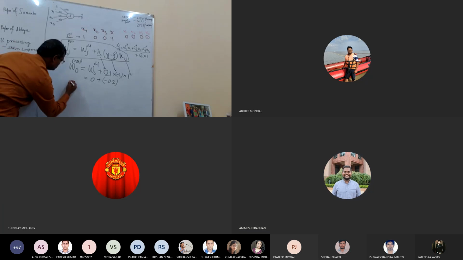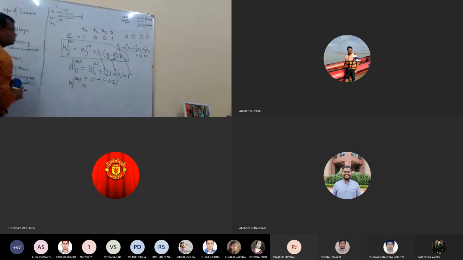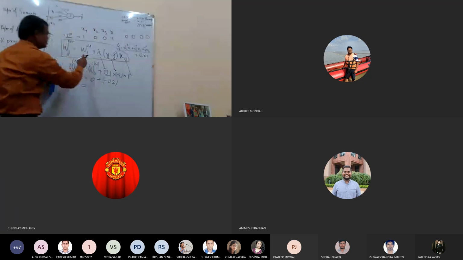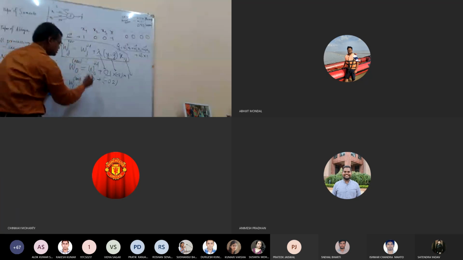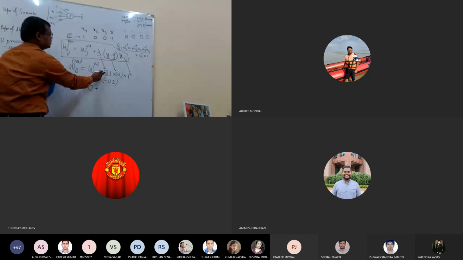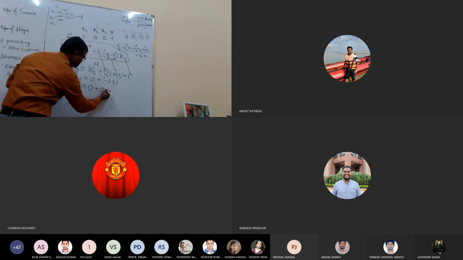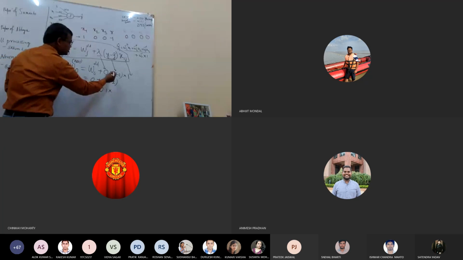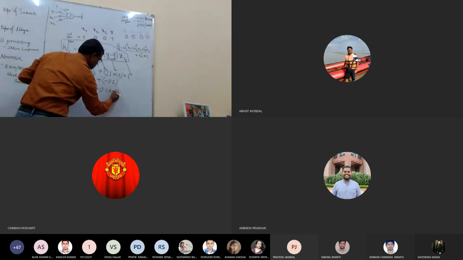So what will be the value of W1 new? What is the old value? Old value of W1 is 0. So you put 0 here. Then lambda is 0.1. Error will remain the same, so -2.